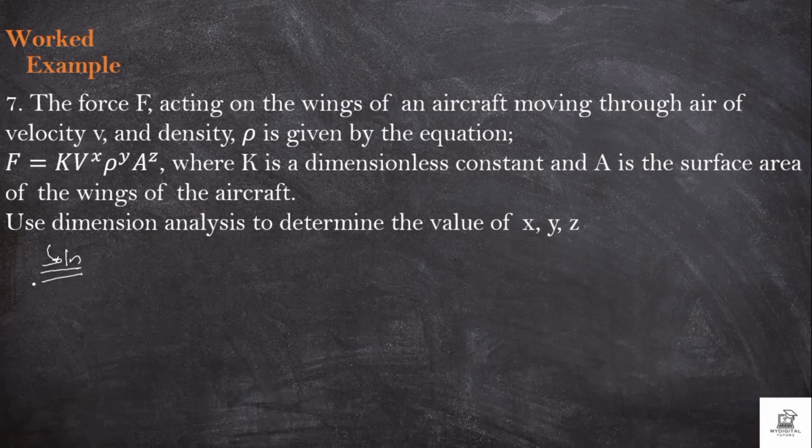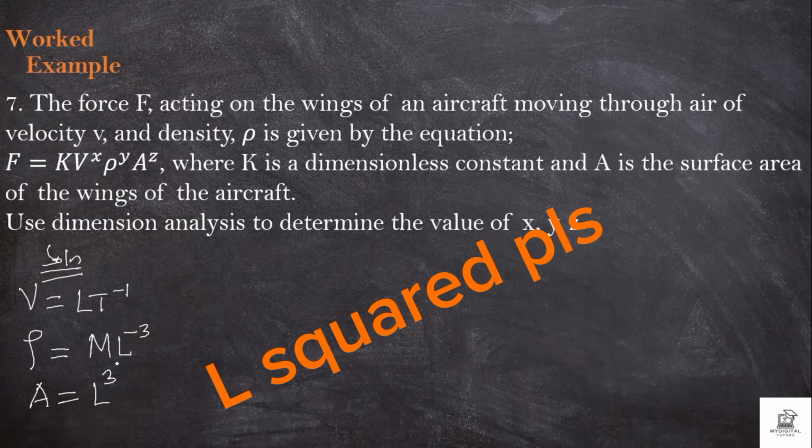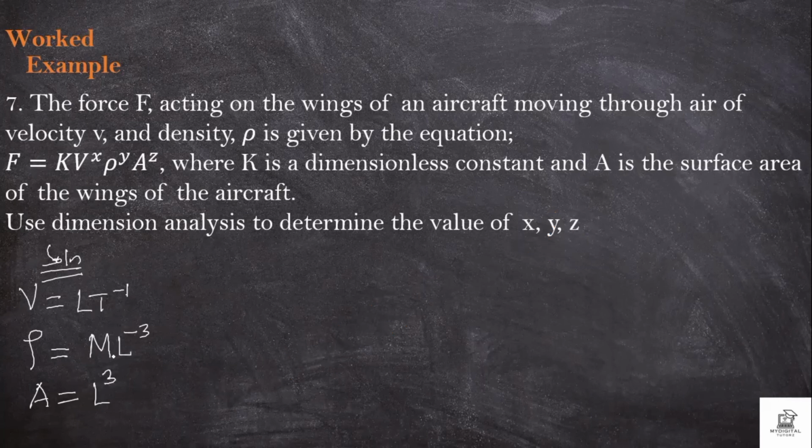Remember that we are told that v is velocity, just like what we have just done. What is the dimension for velocity? It is LT minus 1. And the density is given to be rho. What is the dimension for density? Density is ML raised to power minus 3. And A is area. What is the dimension for area? Is L raised to power 3. Good. So before we move, what is the dimension for force? F is equal to